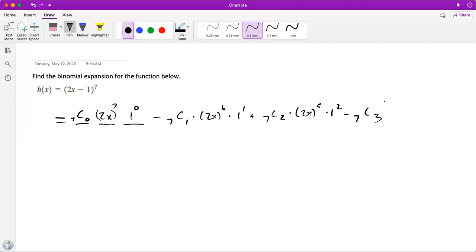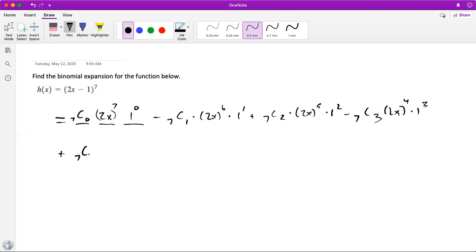But to me, there's something to be said for noticing that the powers on the second thing and the second number here are always the same. It just helps me keep track. These two numbers always add up to 7. I mean, that was the original power. That's always just a good thing to keep track of. So positive, negative,